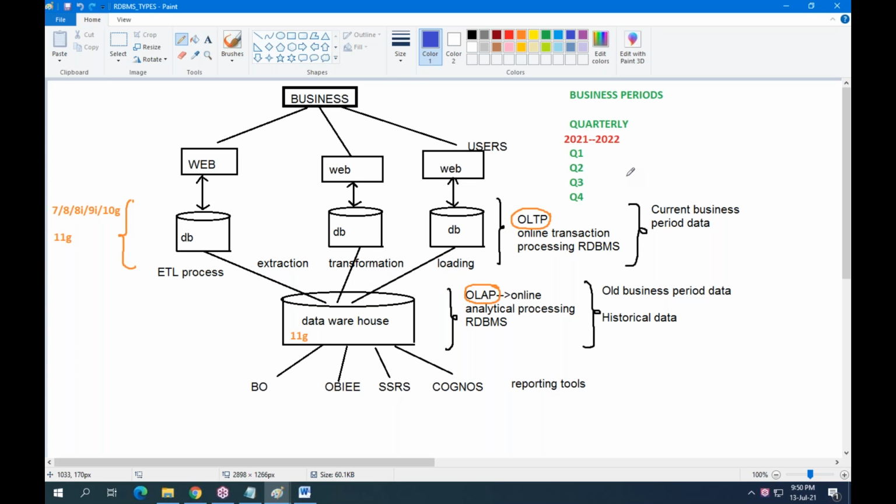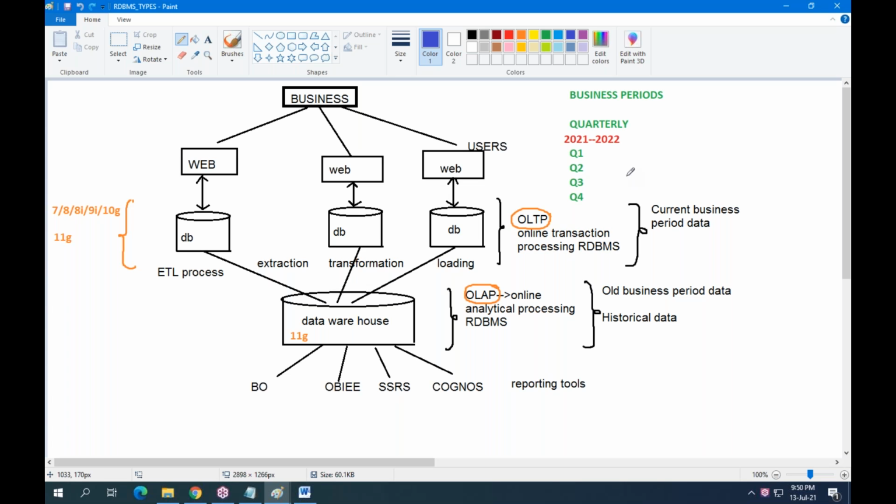TCS released Q1 results. Q1 completed: April, May, June. This is our financial year beginning. The first 3 months completed, so they released quarter 1 results.